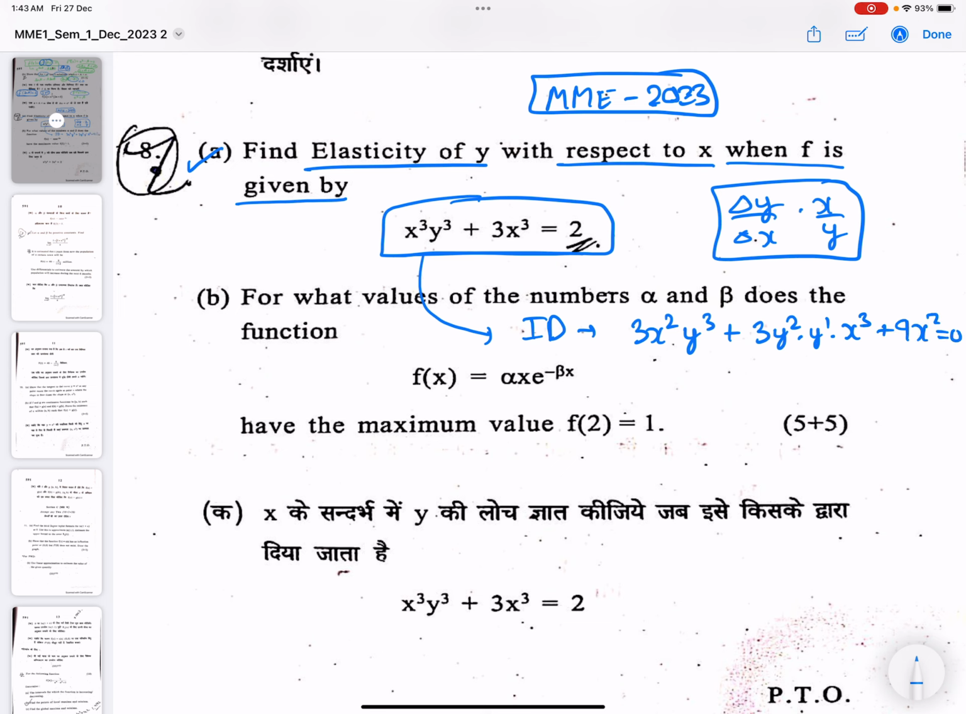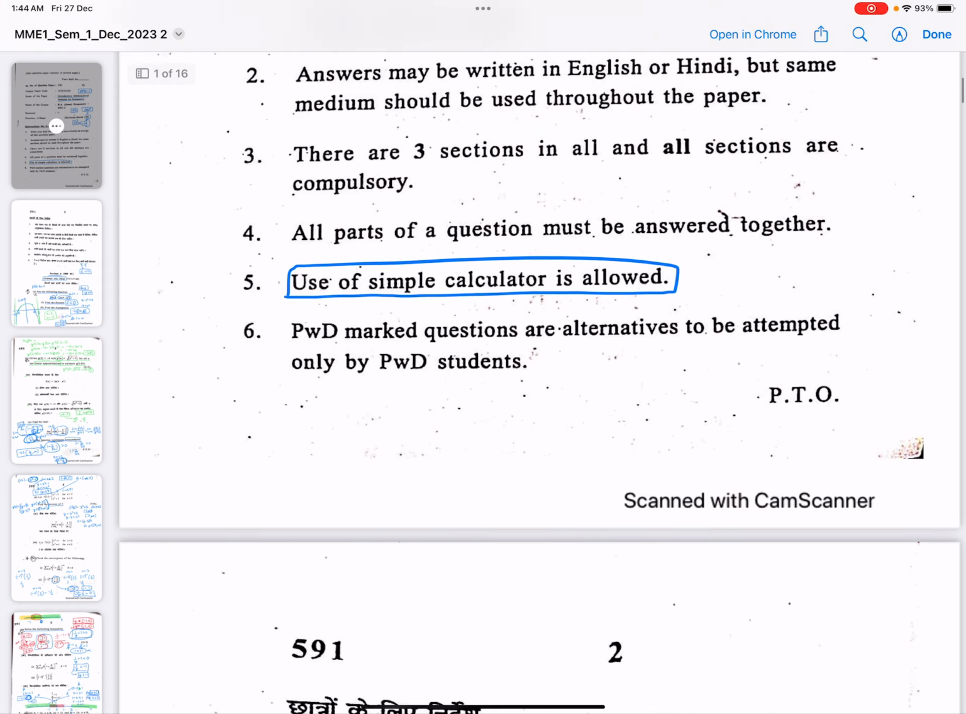Now taking 3x square common, we have y cube plus 3x square common y square y dash into x plus 3 equals to 0. So either x is 0 or this. So we will have either x equals to 0 or